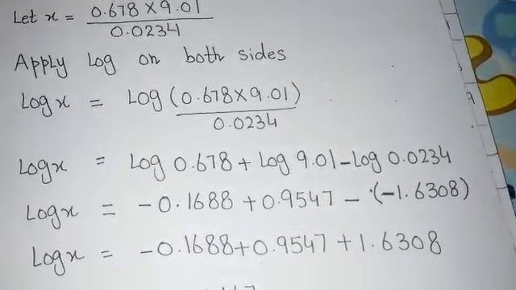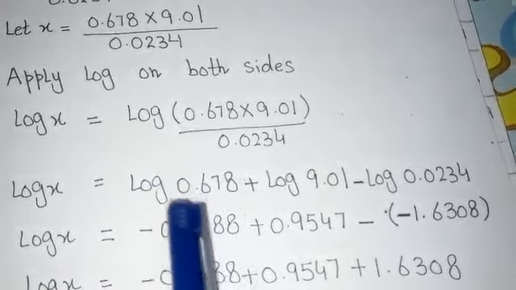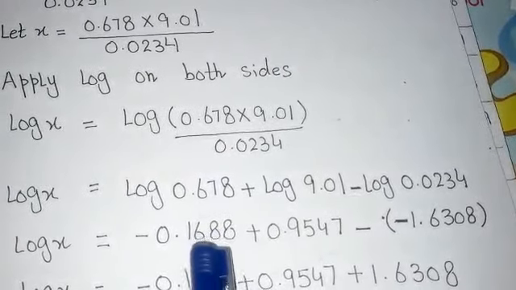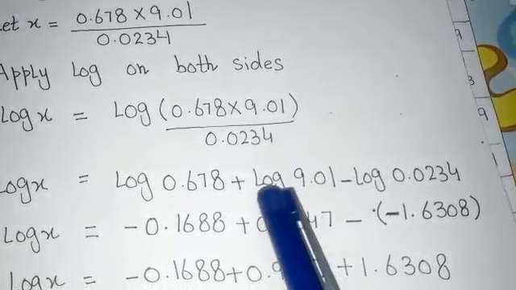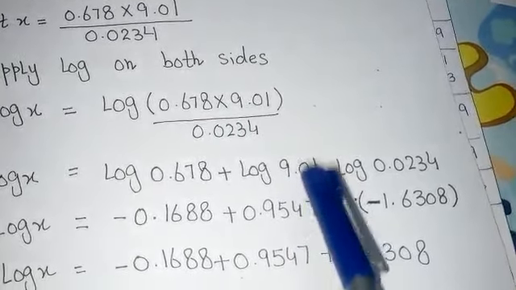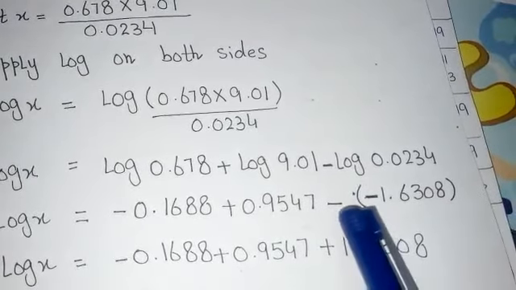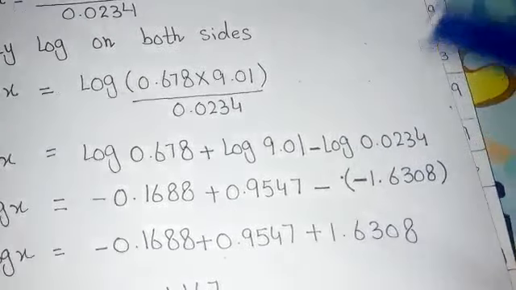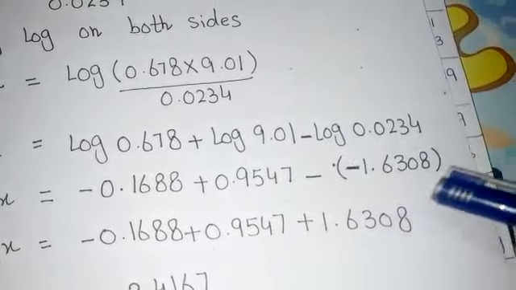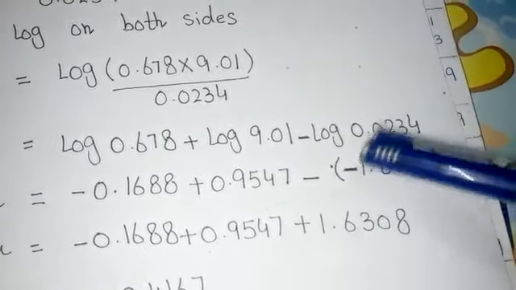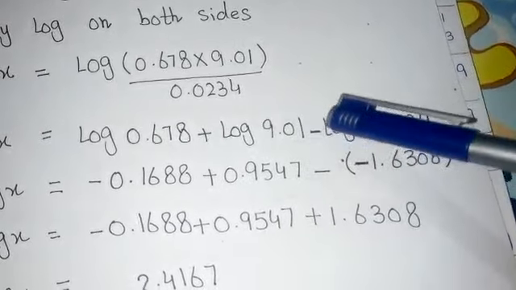Now again with the help of a calculator you will find these logs. First of all you will press the log button, then write the number and then press the equal sign. The answer will be this. Then again for the second you will press the log button, write 9.01, press the equal button, and the answer will be this. This is the minus sign from the question, and when the third time you take the log of this number, the answer will be -1. Here is the minus sign that comes when you solve this on the calculator, and this minus sign was coming from the law. Clear?